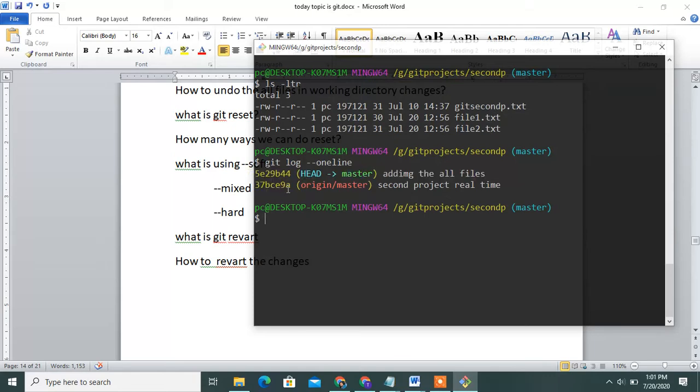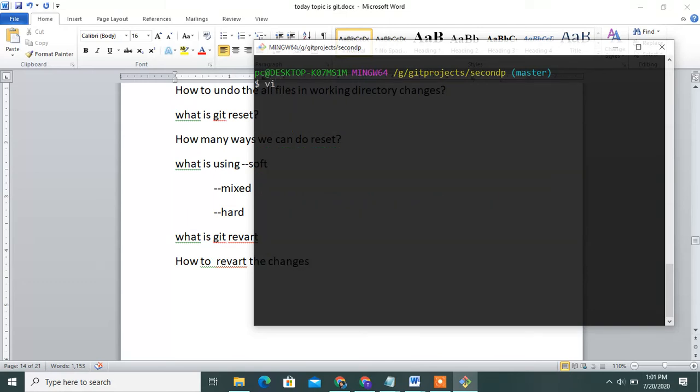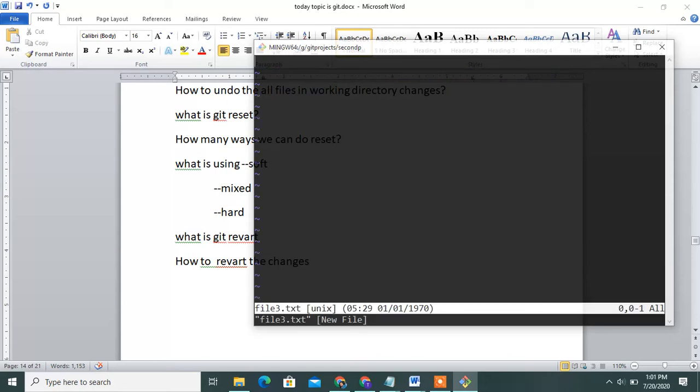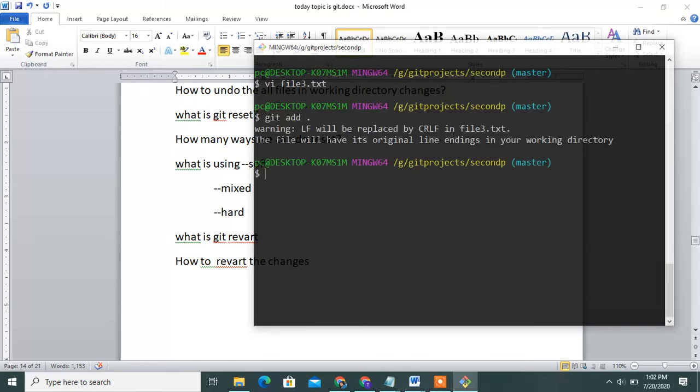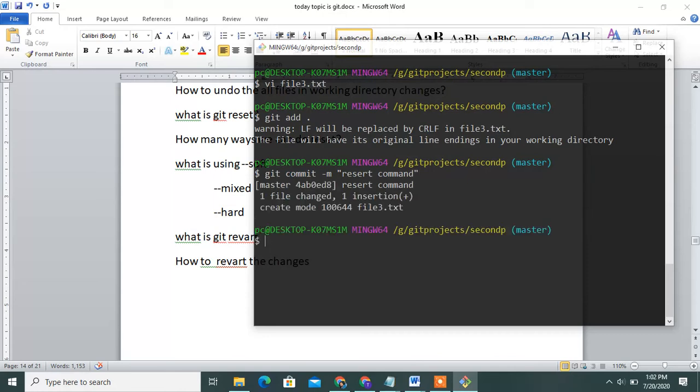I will take only two commit IDs, then another two, then another file.